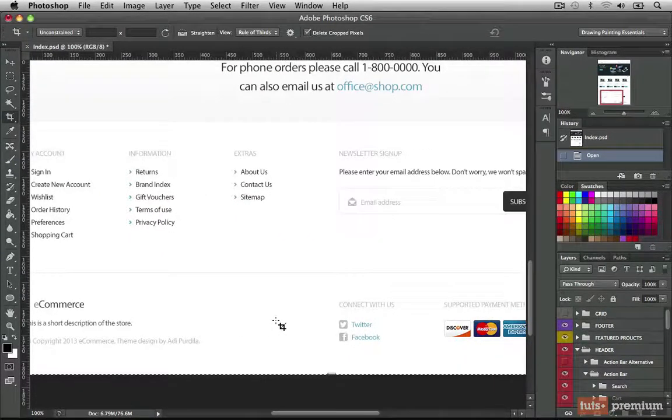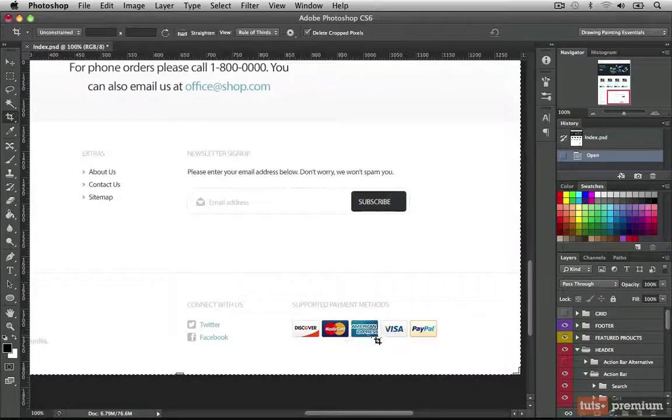So you'll want to go ahead and export out the Twitter icon, which I named as twitter.gif, and the Facebook icon, which I named as fb.gif. And you'll also want to get the credit card icons. I just exported these out as one big image rather than separately, and I named that image